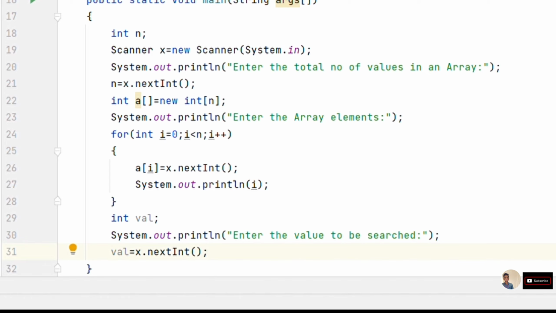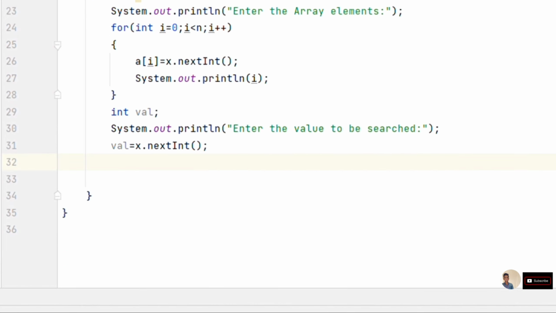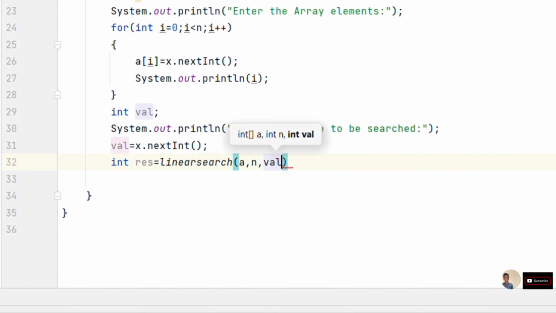After getting all the inputs from the user, like the array, the array length, and the value to be searched, declare a new variable called res, and call the linear search method with the parameters we got from the user: the array a, n, which is the length of the array, and val, which is the element to be searched. After that, put an if condition.